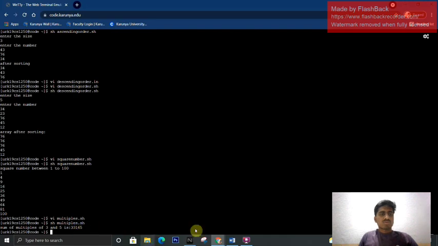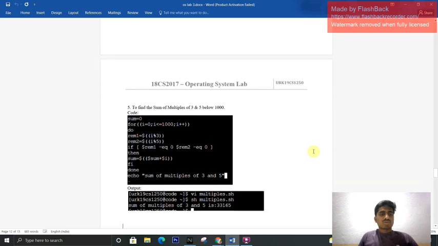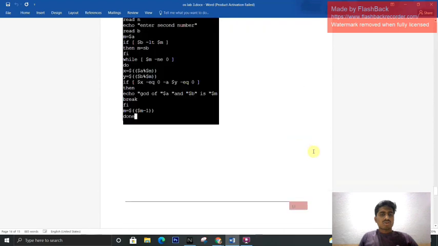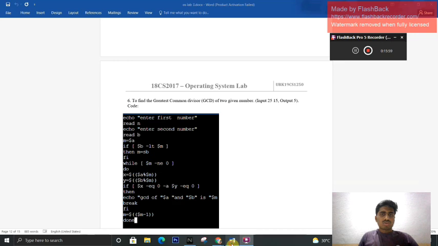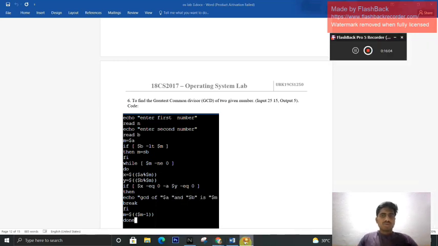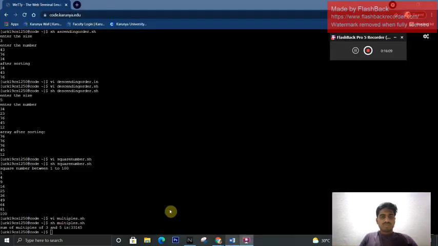And we're going to the next question, the 6th question: to find the greatest common divisor, GCD, of given numbers, inputs 25, 15. Let's get into the code.